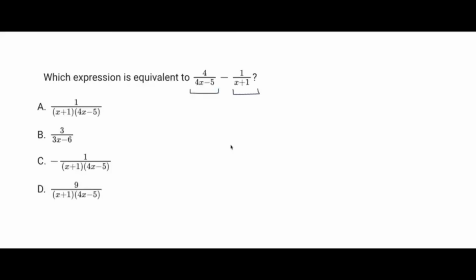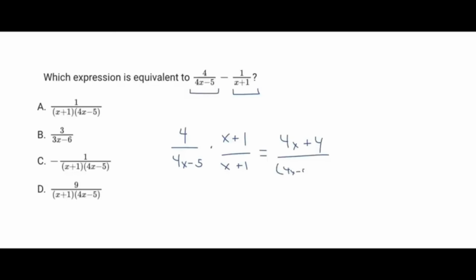So what we can do pretty easily is just find a common multiple between these two terms, and we can do that by multiplying 4x minus 5 by x plus 1, and then vice versa, multiply x plus 1 by 4x minus 5. And by doing that, we also have to do the same thing to the numerator. So let's see how that works. So we have 4 over 4x minus 5, and we will be multiplying this by x plus 1 over x plus 1. You can see how in reality we're just changing both the top and bottom of the fraction, because x plus 1 over x plus 1 is really just 1. And so here we'll get 4x plus 4